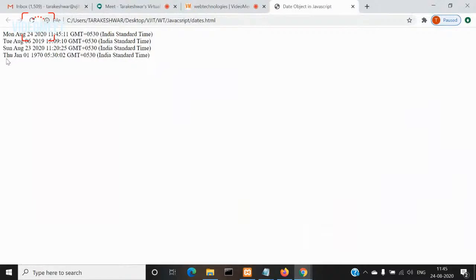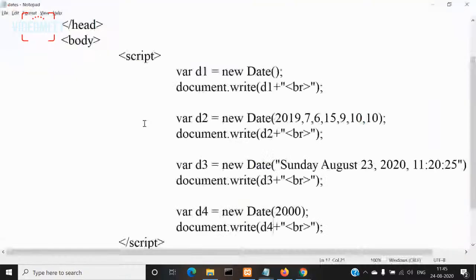So why is the output displayed as Thursday, January 1st, 1970? We are in 2020. We were not yet born in the year 1970, but it is showing 1970, 5:30 a.m. in the morning, and 2 seconds. That 2 seconds is there because I gave 2000 milliseconds, and it is showing you that. So why this happens is because